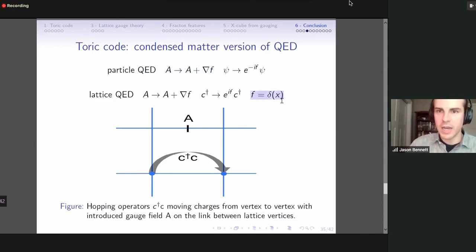One thing I struggled to understand is that normally in a particle context, if this were an element of the Lie group, this F would be an element of the Lie algebra. So this convention here, which the author uses,